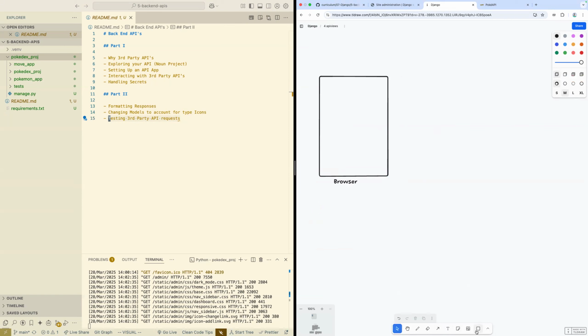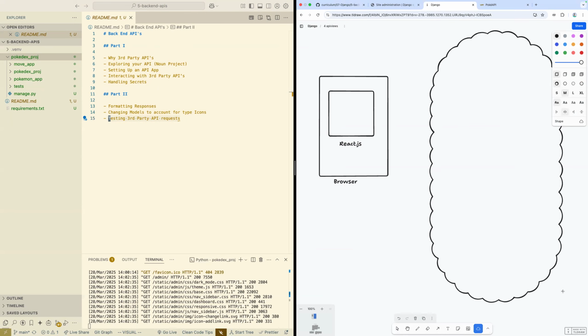We have the browser, and we've got our React app running in the browser. And that's the user. And then maybe on our server here in the cloud, we have